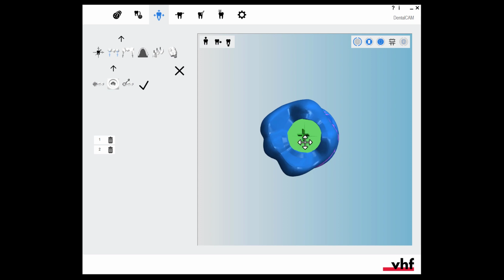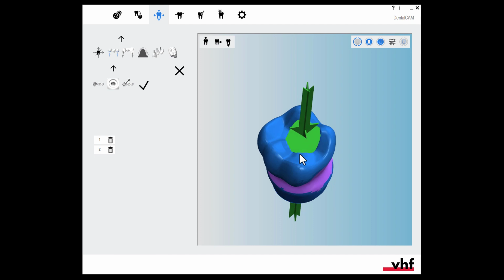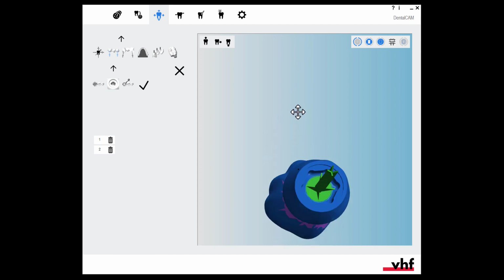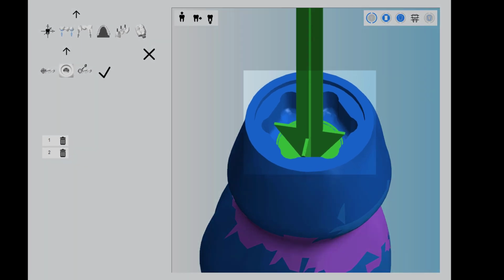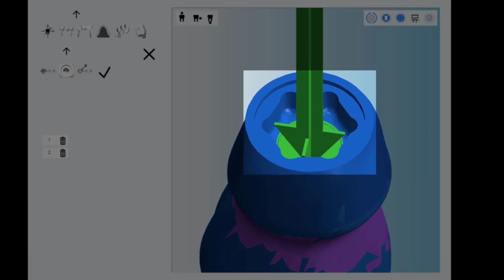In the 3D view we can see that this side of the drilling range has been marked correctly. The other side is not marked correctly, as the marked drilling range does not include the connection geometry. As a result, the unmarked part of the connection geometry is not machined with the optional tools for drillings ranges, which are selected in the DentalCam settings. To ensure an optimum machining result for the entire drilling range, including the connection geometry, we must correct the marking.